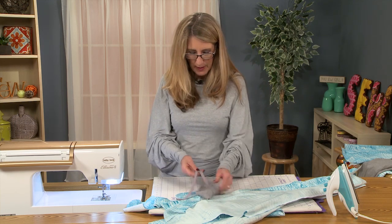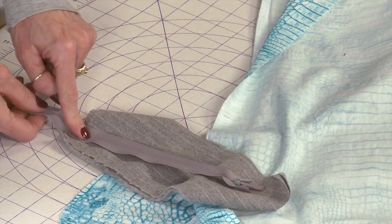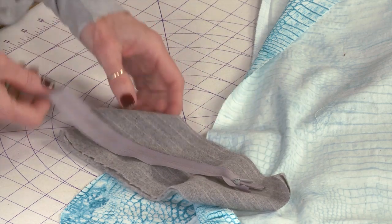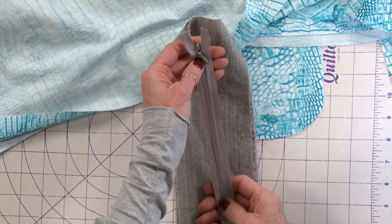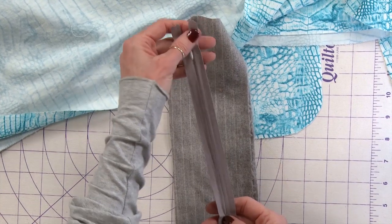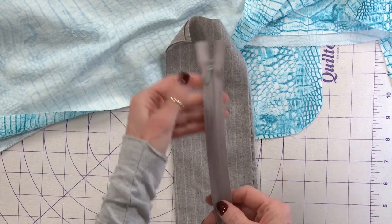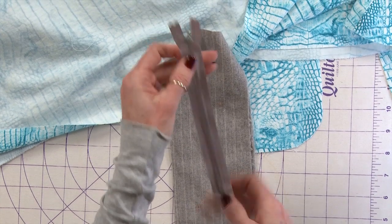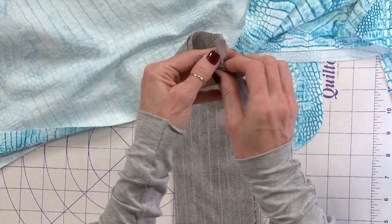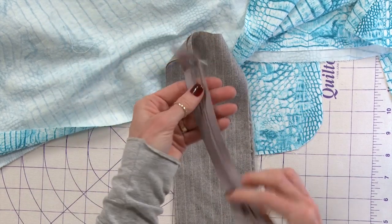And of course an invisible zipper is one that when it comes together, it just looks like the seam. You don't see any stitching at all. So most people say that you should use an invisible zipper foot. I don't know if I'm just lazy or what, but I never do. What I do with my zipper, and I'll show you, is I unzip it first, and you'll see that the